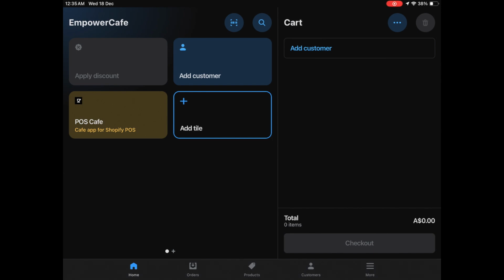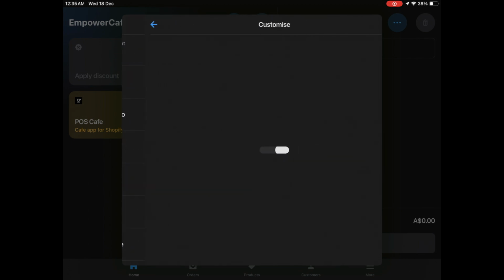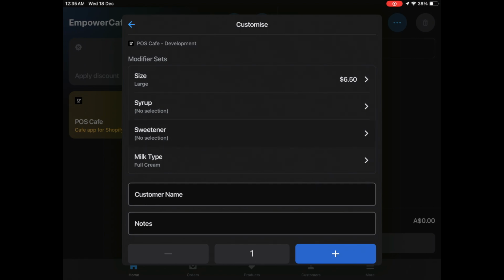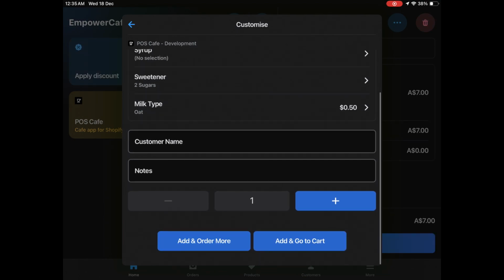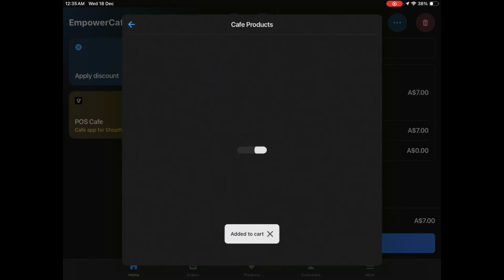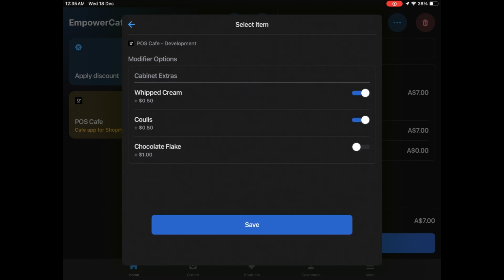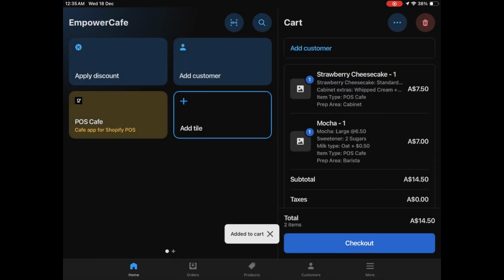Okay, first I need to add my products to the cart through POS Cafe. Let's get a large coffee. 2 sugars on oat. And let's order some more. Something sweet from the cabinet. All right, and that's going to add it to my cart. So now when I check out,